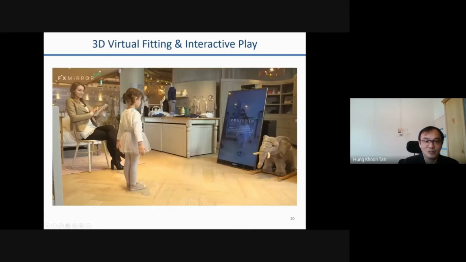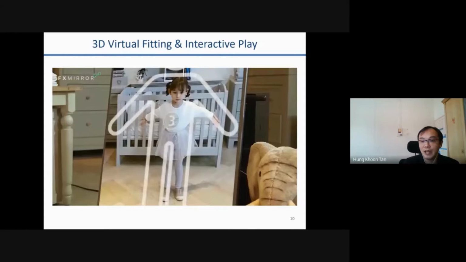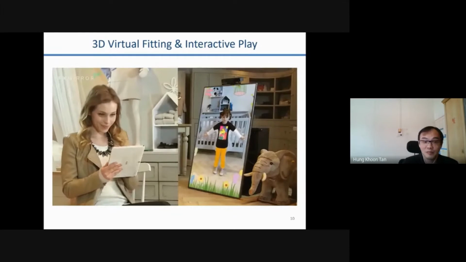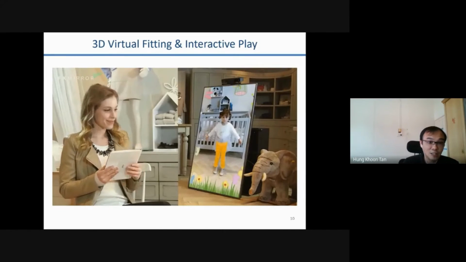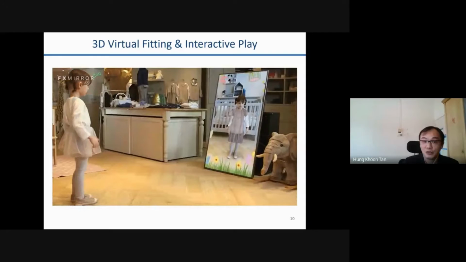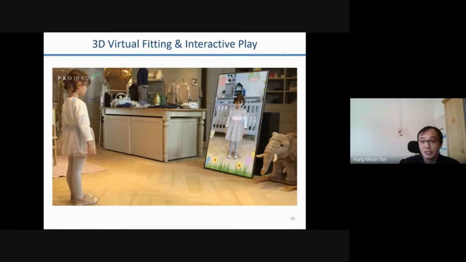Okay, so in today's technology we have something similar. In the following video, this shows a product by FX Mirror, which has a 3D virtual fitting room that allows us to try different shirts virtually without having to wear them physically. This product is already available in some of the supermarkets in some big cities. It measures the body in real time, and it also allows the user to switch between items quickly. So this product is actually very useful considering now that online shopping is